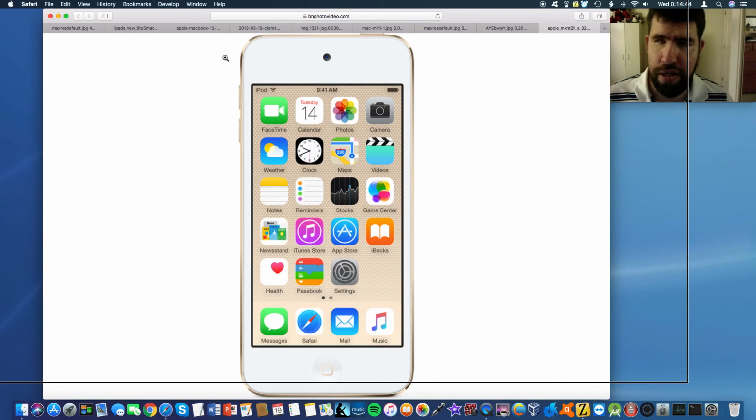You know, I think that Apple should redesign the iPod Touch one more time. Make it similar to the iPhone 10. You can leave out Face ID if you want to. That doesn't bother me one bit if you do that on the iPod Touch. But I just think that serving